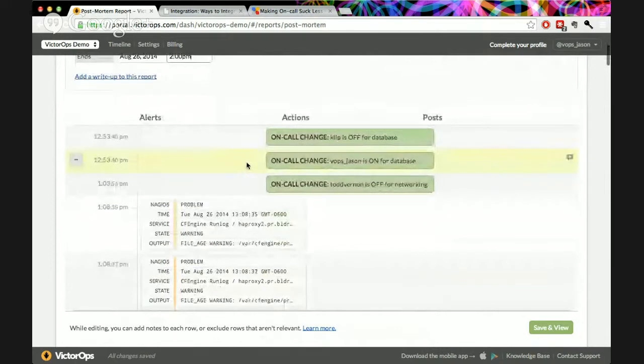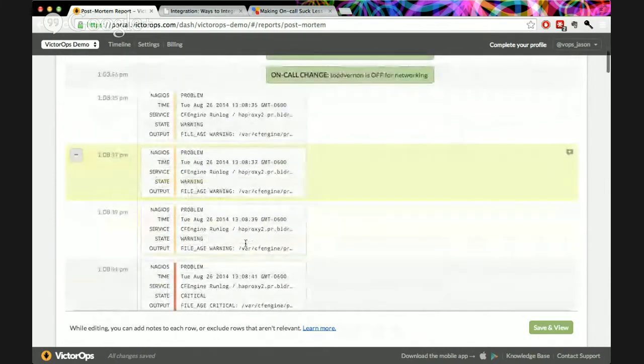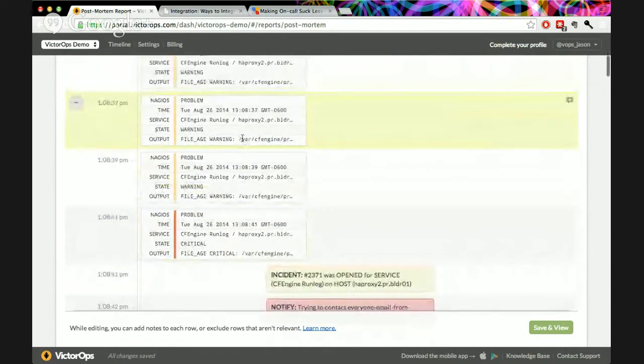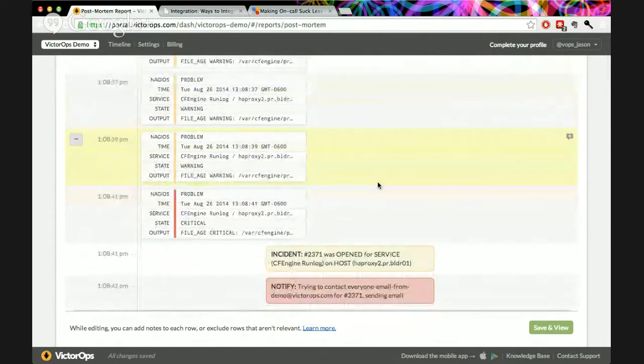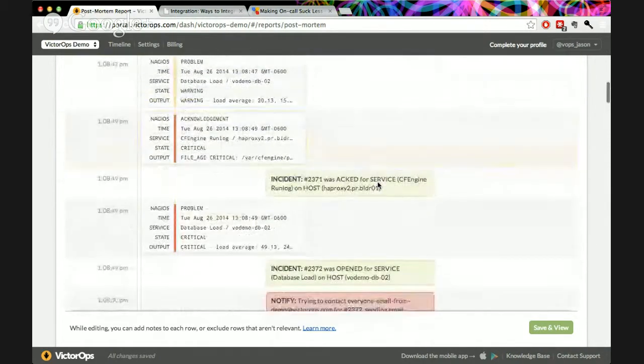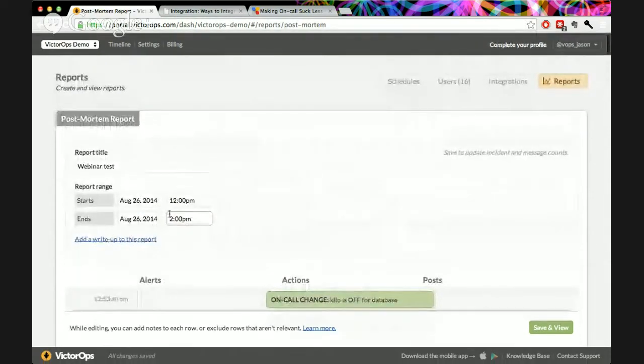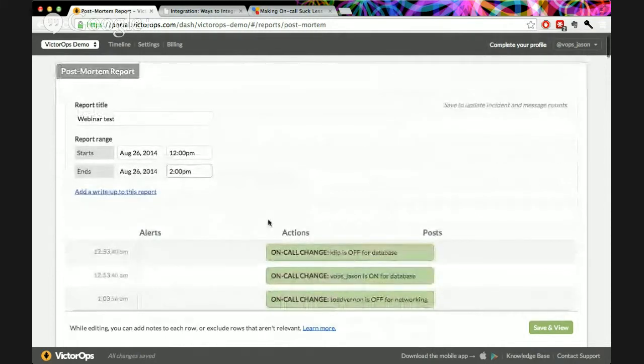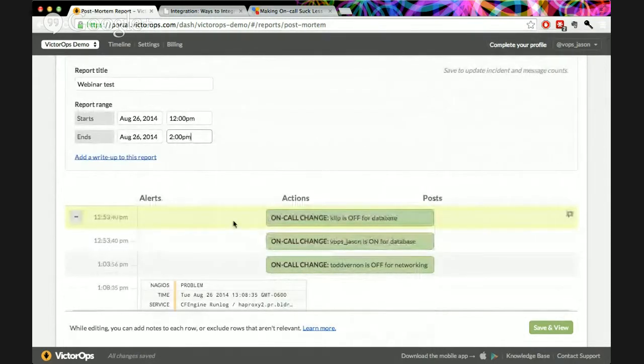And you'll start to see down here within the reporting screen all of the information and all of the monitoring alerts that we were getting from our variety of monitoring services. So basically this is just telling me everything that happened between the hours of noon and 2 p.m. today. A lot of this stuff may not necessarily be relevant, especially for a post-mortem, so we have this nice